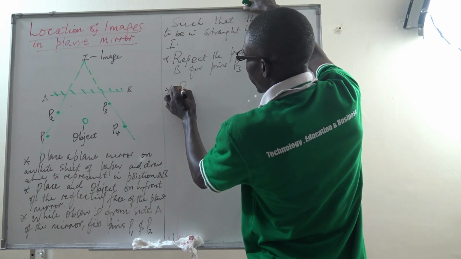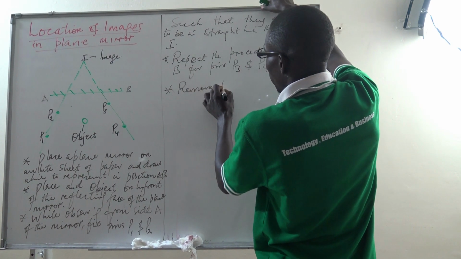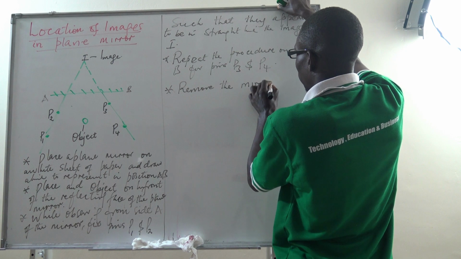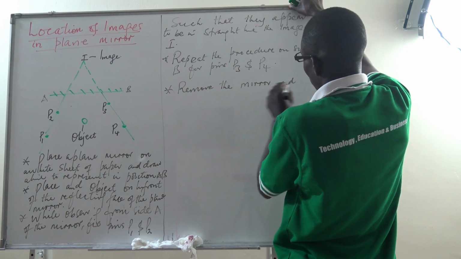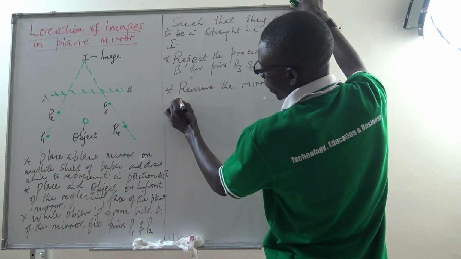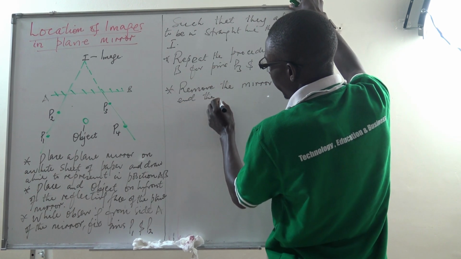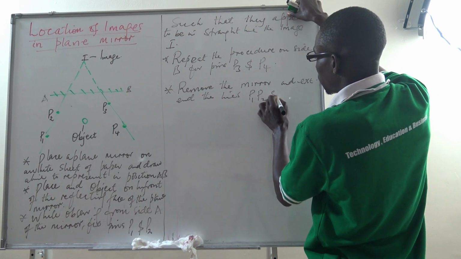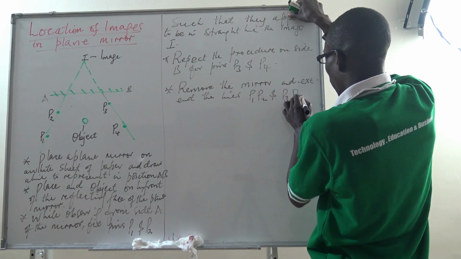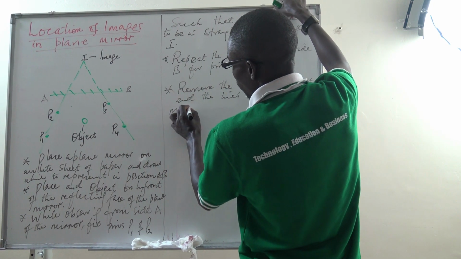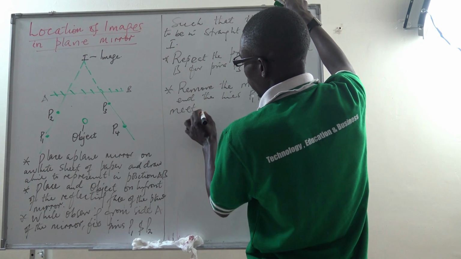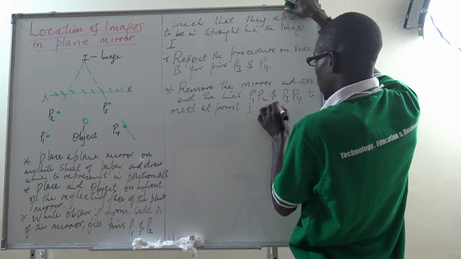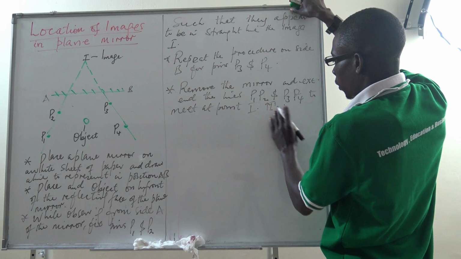And then lastly, you can remove the mirror and extend the lines P1, P2 and P3, P4 to meet at point I, and then this, the point of intersection,